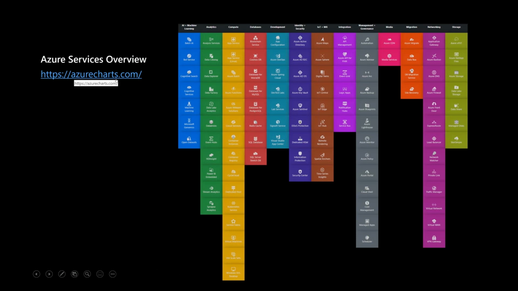but I do encourage you to check out azurecharts.com. This is a community tool that's available freely, built internally by one of our cloud solution architects over in Russia. I strongly encourage you to explore this tool because it's really handy to understand at breadth what sort of services Azure offers. You even have the capability to filter them based on a solution reference architecture that you might be interested in looking at, whether that is IoT, stream analytics, or big data warehousing on Azure. All of this would be filtered automatically to show you the relevant services that you might need.